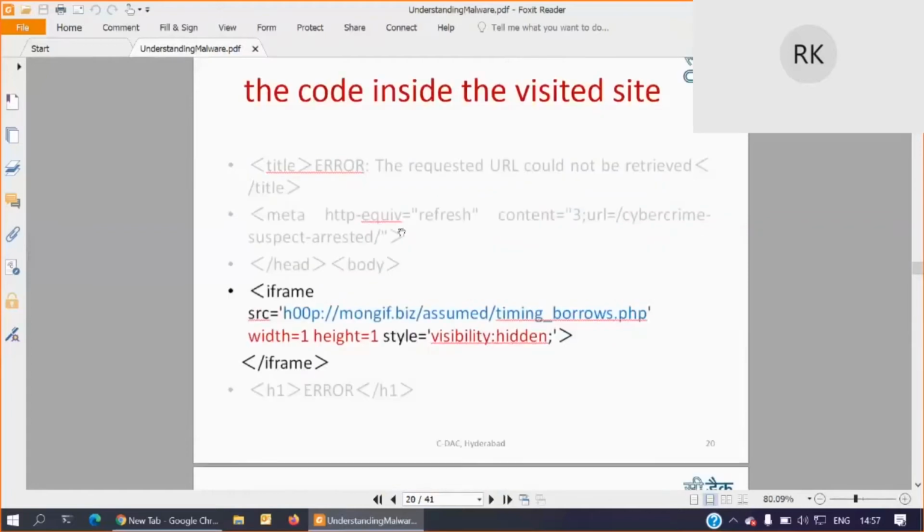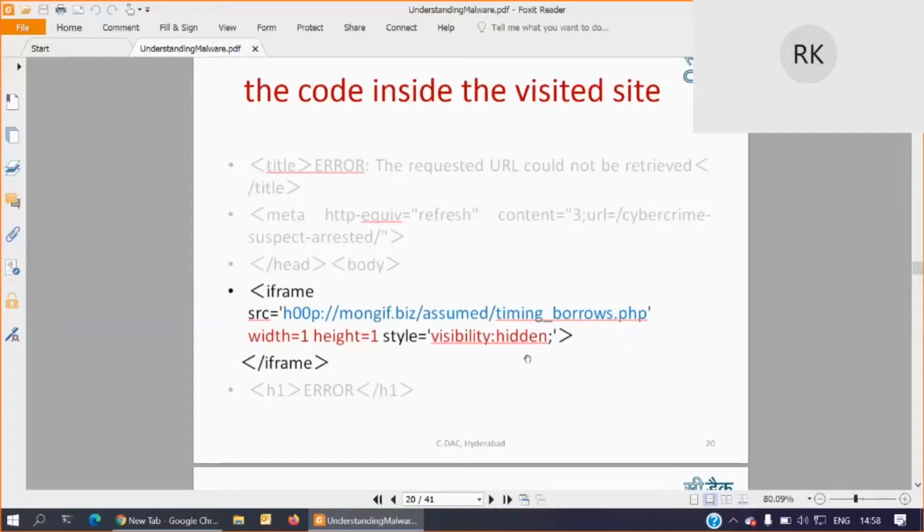So this is one of the ransomware attacks. Inside the web page, what they have injected is this PHP page. If you can see here, the height is 1 point, the width is 1 point, and the visibility is hidden. Because of this, it will be injected as part of a genuine website. So you will be able to see only the genuine website, and the injected part will be in the hidden state.